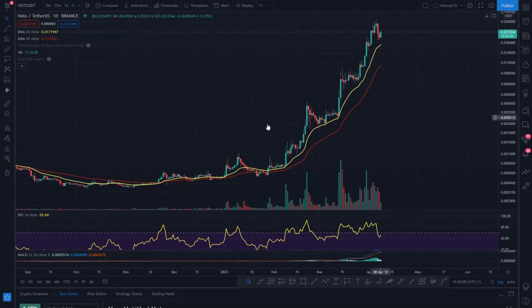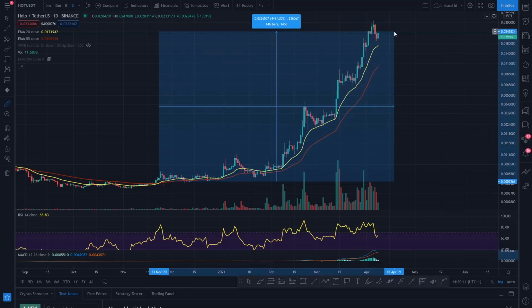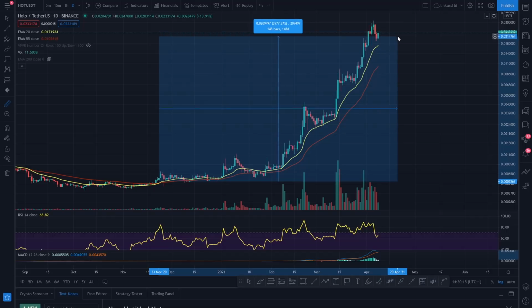So since you've got this daily cross on the EMAs, the 20 EMA and the 55, you have gone up, and that was in November last year. HOT has absolutely gone hot. You can see it's gone up a whopping 44x. So if you'd have bought and gone to the beach there, you'd be 44x up on your investment